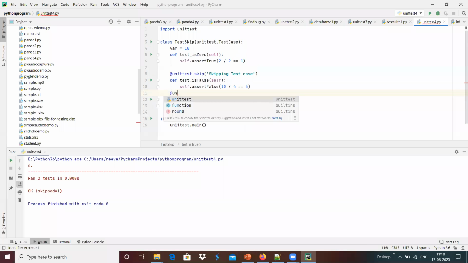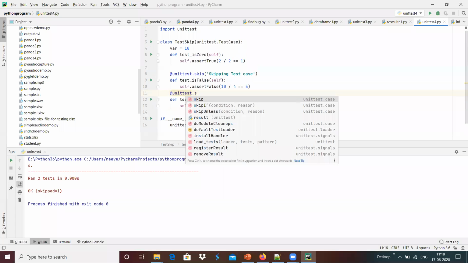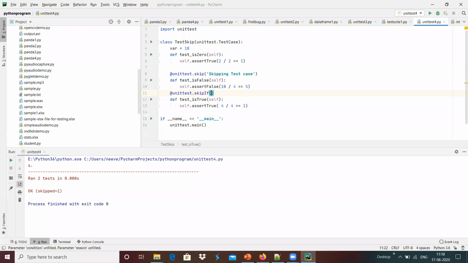At unit test dot skip if condition var less than 10, and if it is less than 10, this test case has to be skipped.